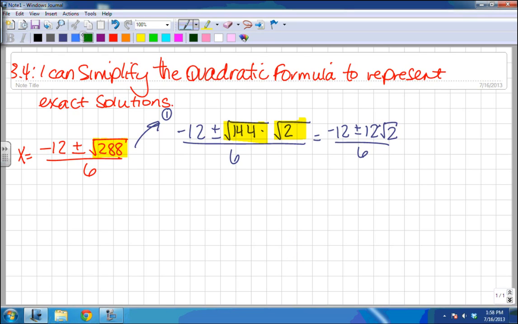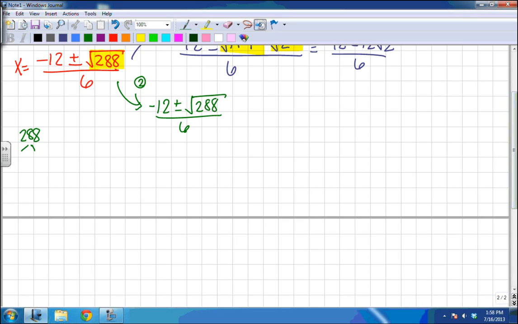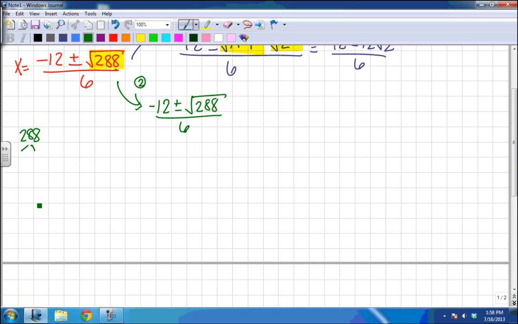The second method takes up a bit more paper space, but that's okay. You've got the square root of 288. If you're not sure if 144 goes into it, or if 144 is a perfect square root, what you can do is over here on the side, I'm going to just start figuring out some factors. I know that 288 is an even number, so I'm just going to divide by 2